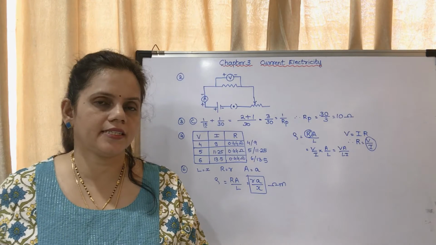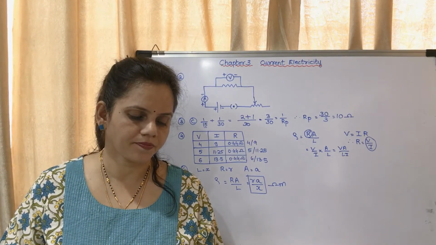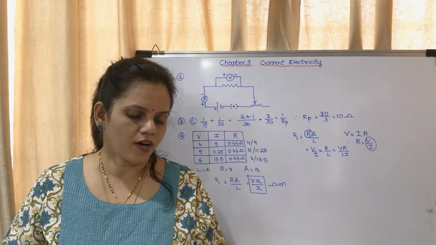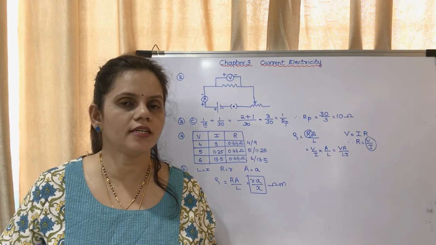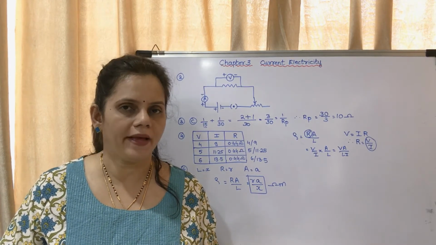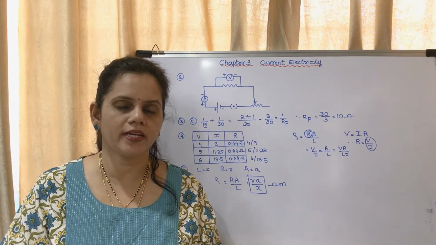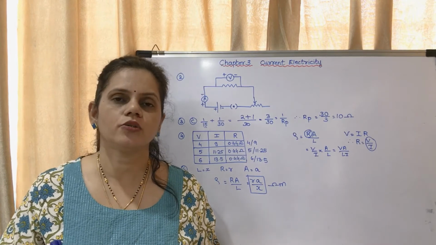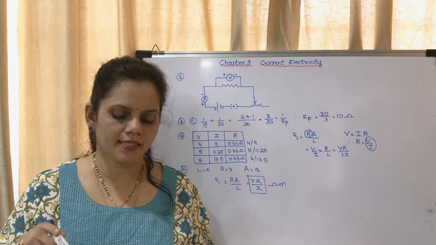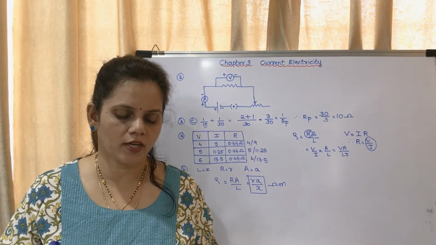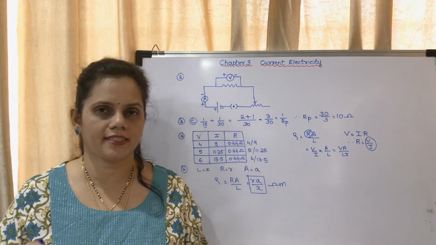Next, three resistances X1, X2 and X3 are connected in a circuit. Okay. Now, from the options given below, you have to tell whether the connection is in series or in parallel. The first option is current I flows through X1, X2 and X3. So the current flowing through X1, X2, X3 is the same. That means they are connected in series. Okay. Next, X is larger than X1, X2 or X3. Okay.